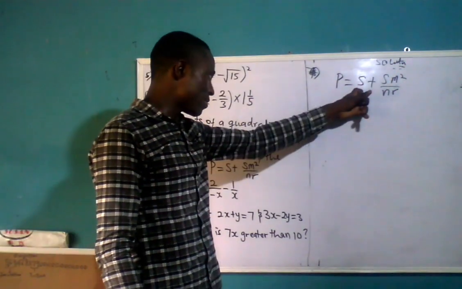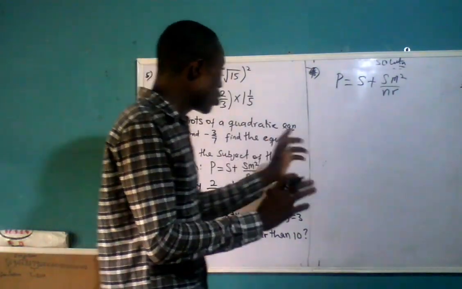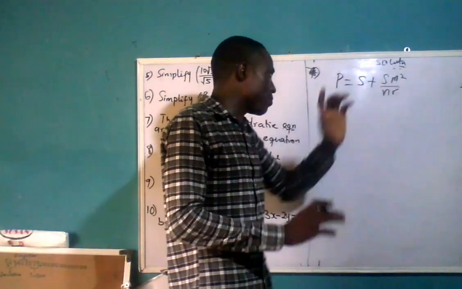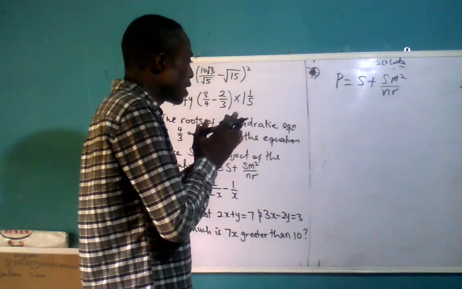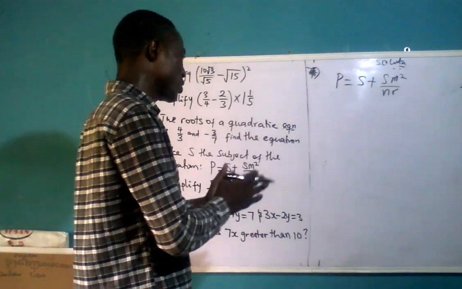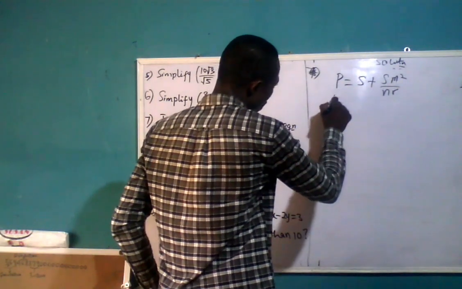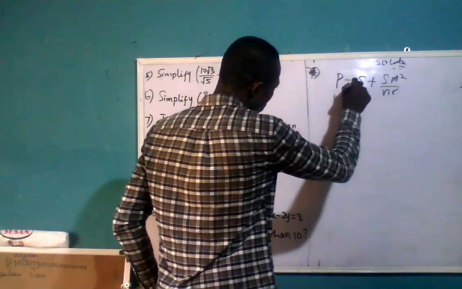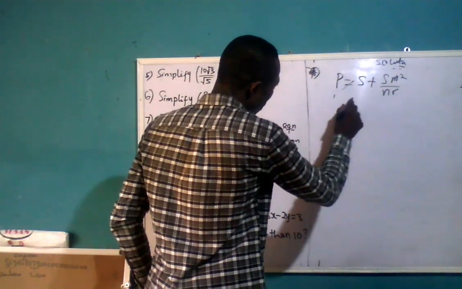Don't forget, S is in this term, S is also in this term. All you need to do is to look for a way of bringing this term and this term together. Once you are able to bring those terms together, you are on your way to getting your answer. Okay? So the first thing you do is to look at the way of cross multiplying this whole equation. If you cross multiply, it just means that they